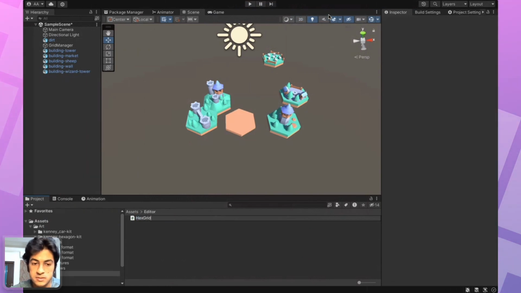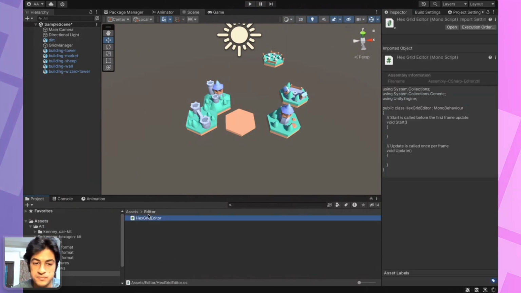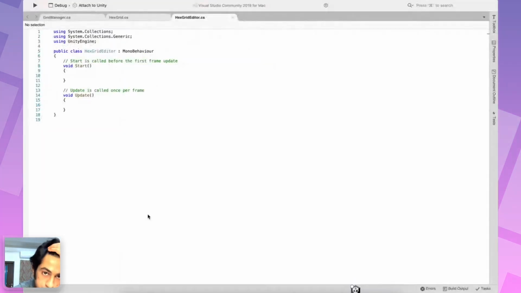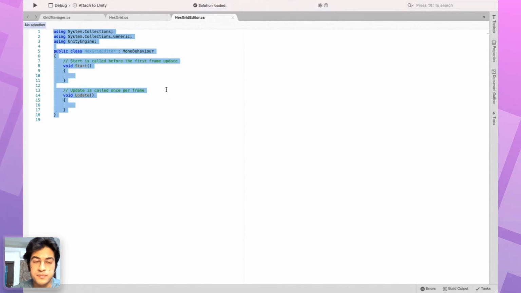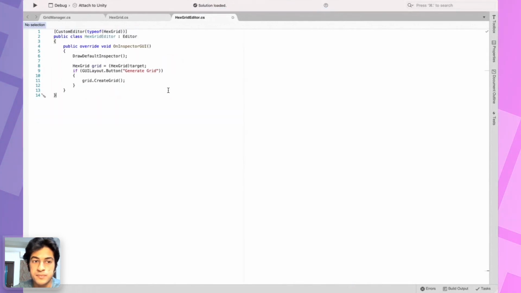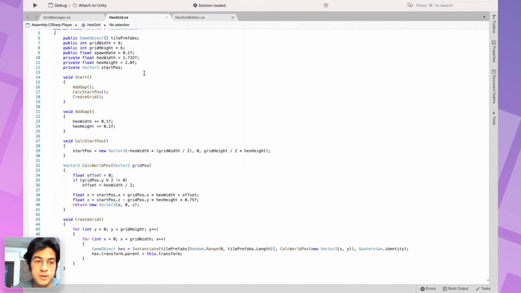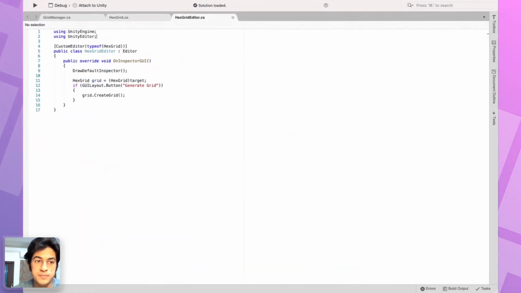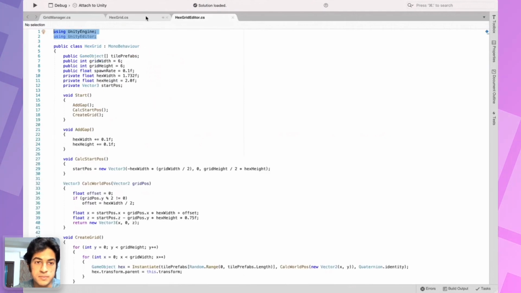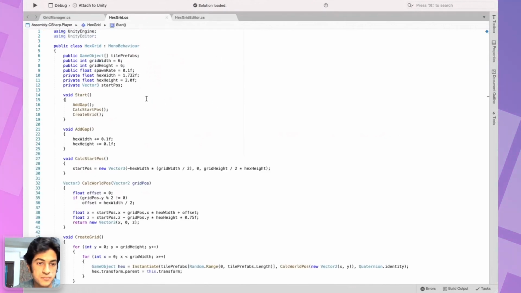So, hex grid editor. Let's import these, and we should be good to go.